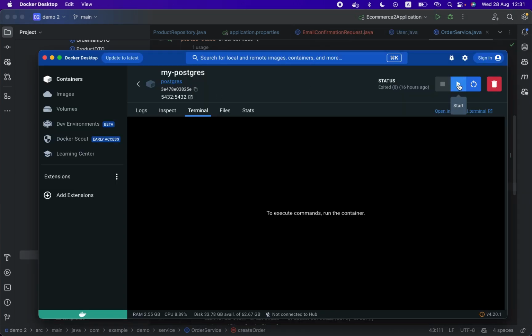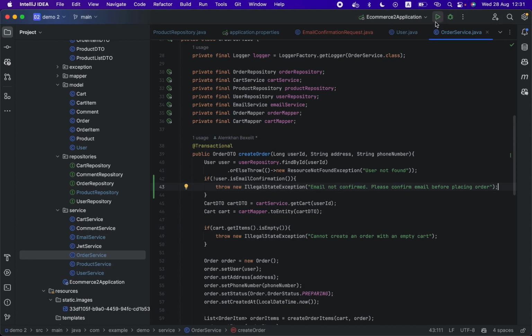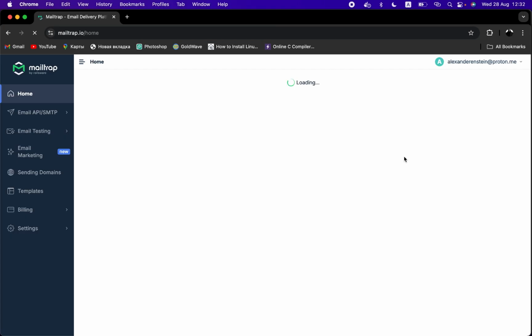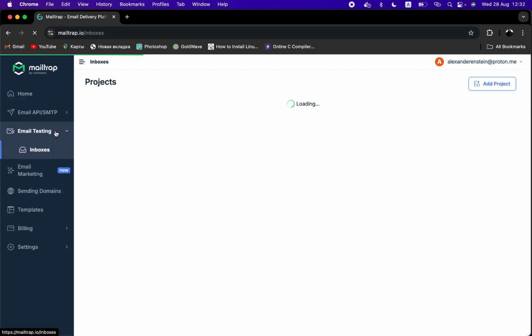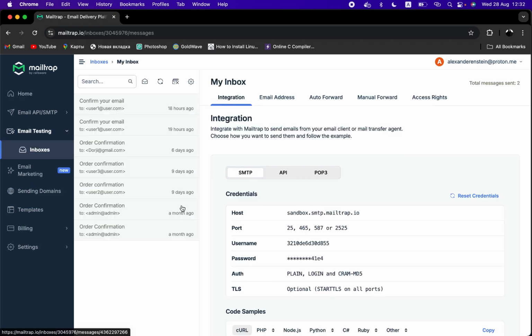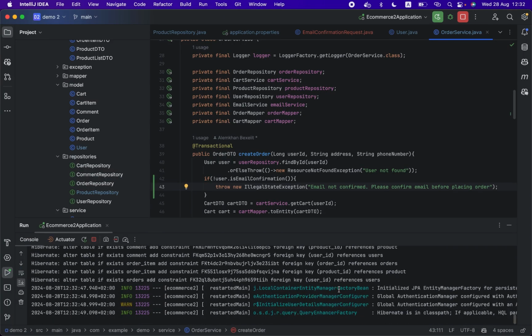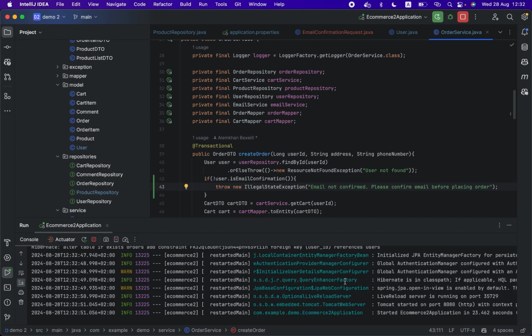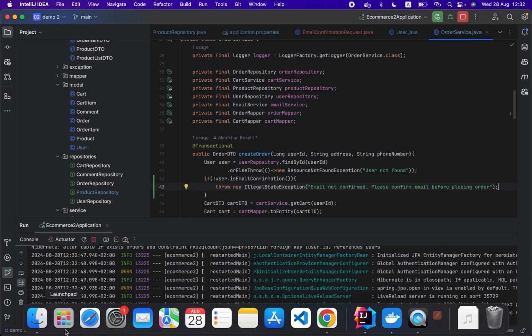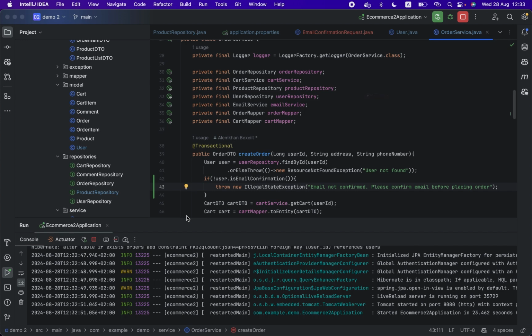So finally we could launch our database in Docker, and we could actually check that everything works fine. So that's why we can go to our Mailtrap and touch this email testing. As we remember from previous videos, here we can try to launch it from scratch using create in application properties, and we can launch the Postgres one. We have some verifying, that's okay. So our server is started completely okay without any errors,